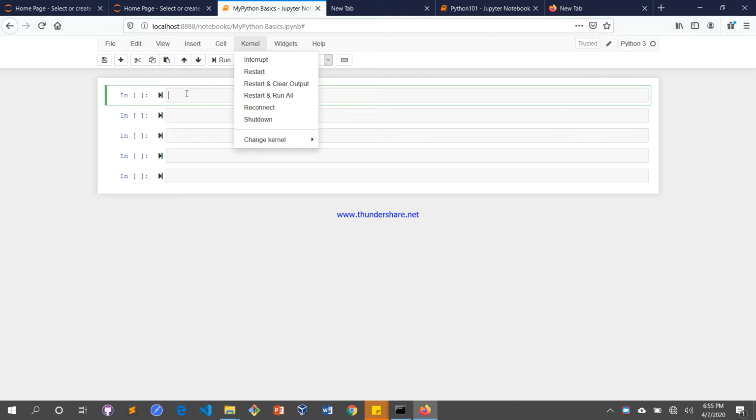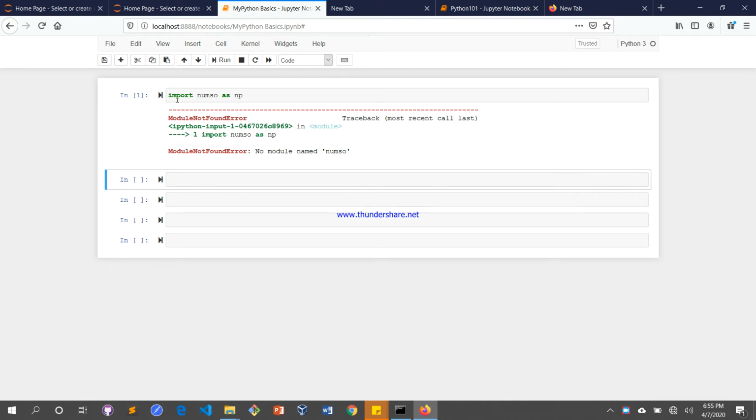For instance, if you do something like this, let's say something like this, this doesn't exist, I know, and you press Shift Enter, you see it's going to start counting. Let's say you run it again, it's now 2. It's going to keep on counting to get to 4. Depending on your mistakes, your errors, it's going to keep on counting, and the kernel is